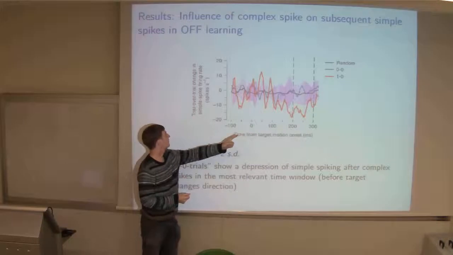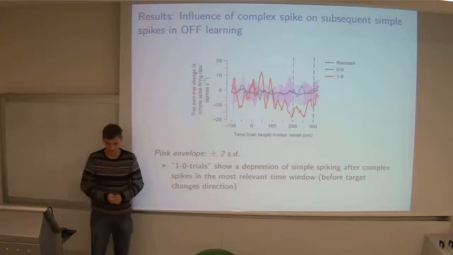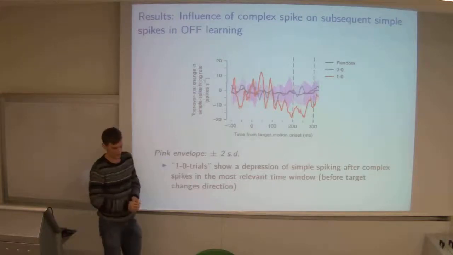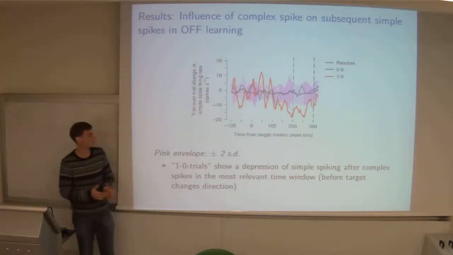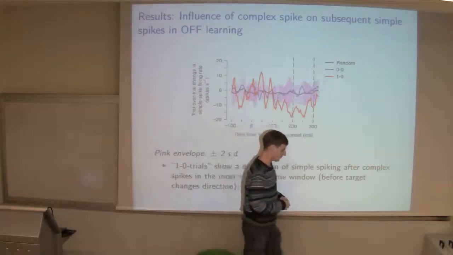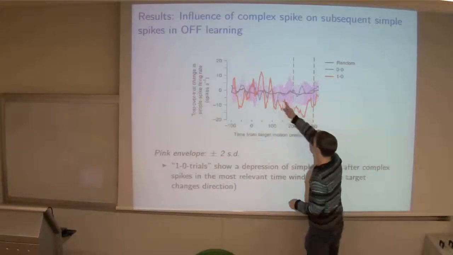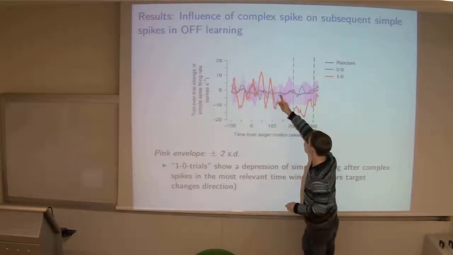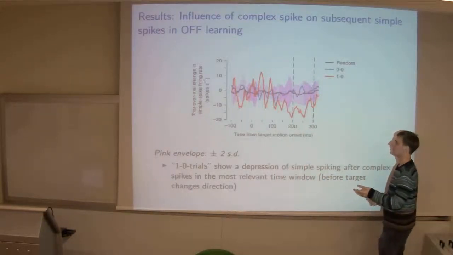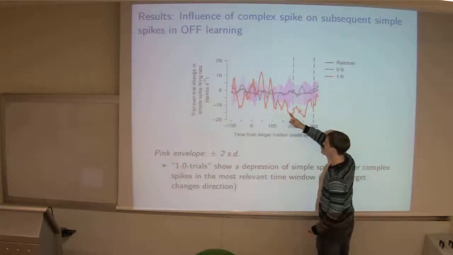This is the time again, and here you see the difference on the y-axis, the difference between subsequent trials in simple spike firing rates. The blue line is for the 0-0 trials, and the red line is for the 1-0 trials. So what it basically means is, when there's no complex spike in the first and subsequent trial, the change in simple spike firing stays around 0, but when there is a complex spike, and I look at the simple spikes in the next trial where there's no complex spike, then this is the red line, there's a decrease